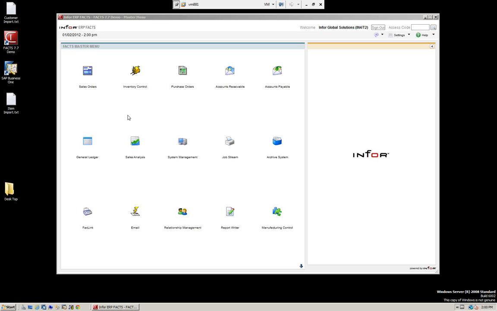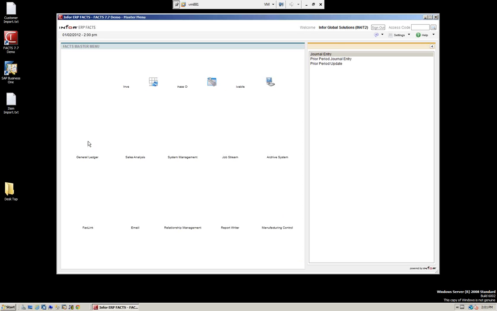Today we'll be working with Infor FACTS, and we'll be talking about the concept of entering recurring, reversing, and allocating transactions. For purposes of today's demo, we're working with FACTS 7.7. Within the FACTS system, under General Ledger, there's a subsystem which allows us to create recurring, reversing, and allocating transactions. So let's go into General Ledger,